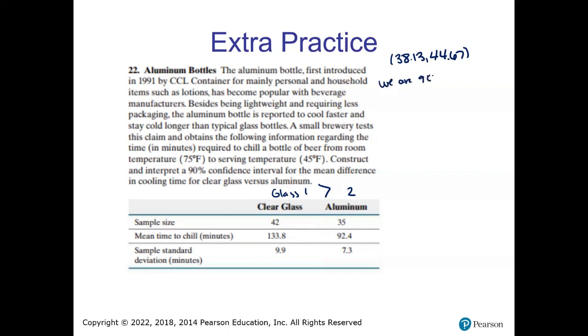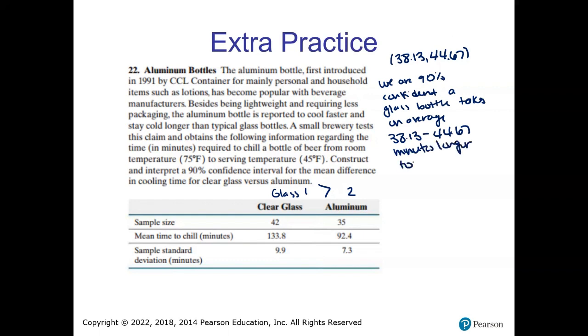We are 90% confident that a glass bottle takes on average 38.13 to 44.67 minutes longer to cool than an aluminum can. Okay, so that's written more